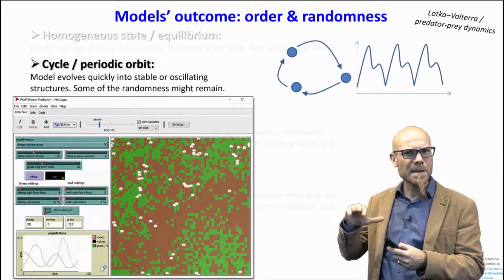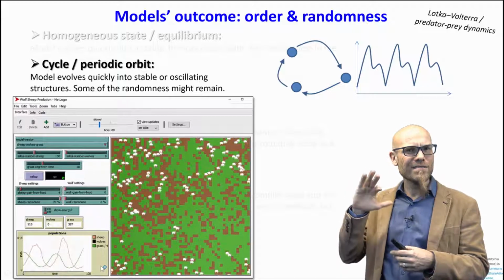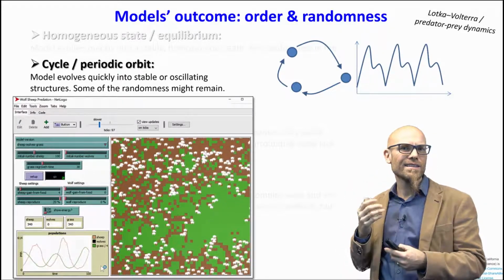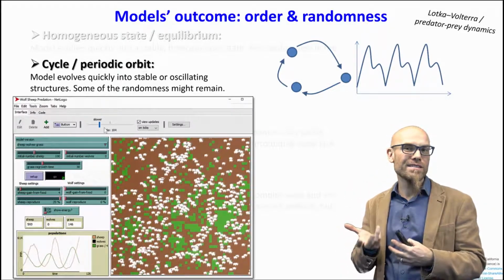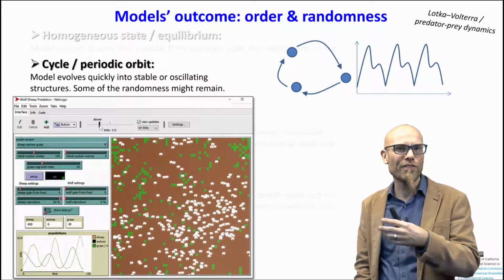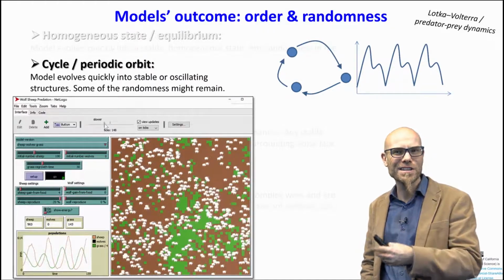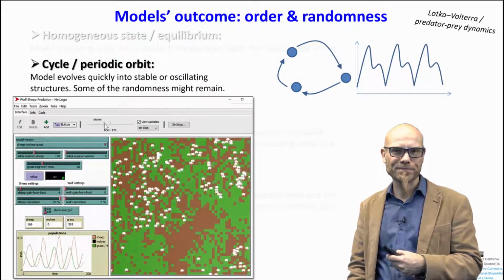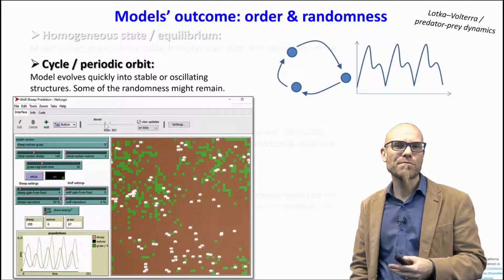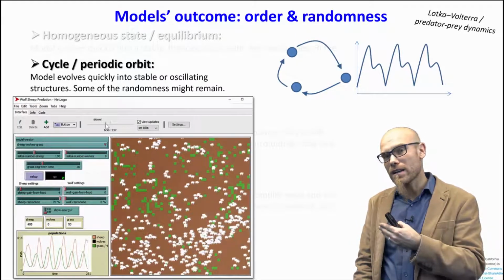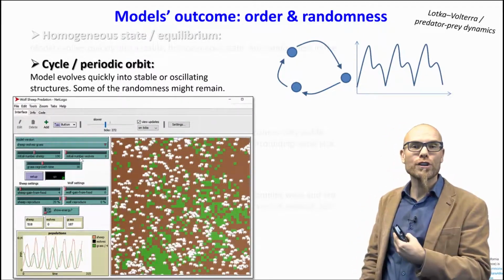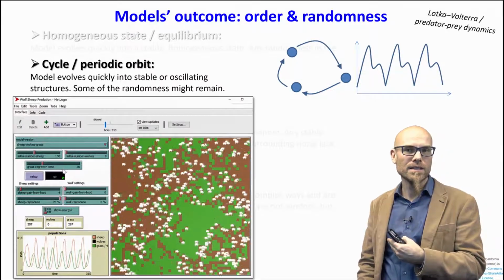And with how I set the system up, we get these very smooth cycles. Do you see it in the monitor down there? We get very smooth cycles. The sheep fluctuate a little bit more than the grass because they're dependent on the grass. One follows the other. The grass goes a little bit first. You could say the sheep follow it because the sheep prey on the grass. They are the predators.